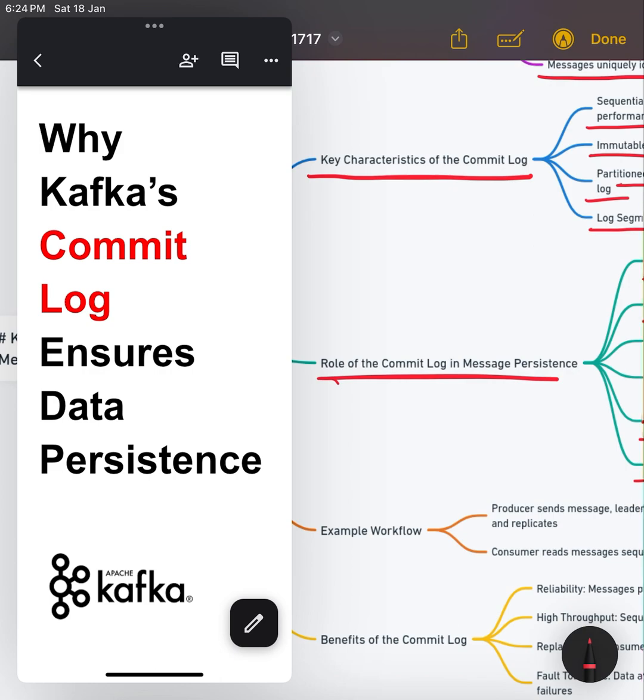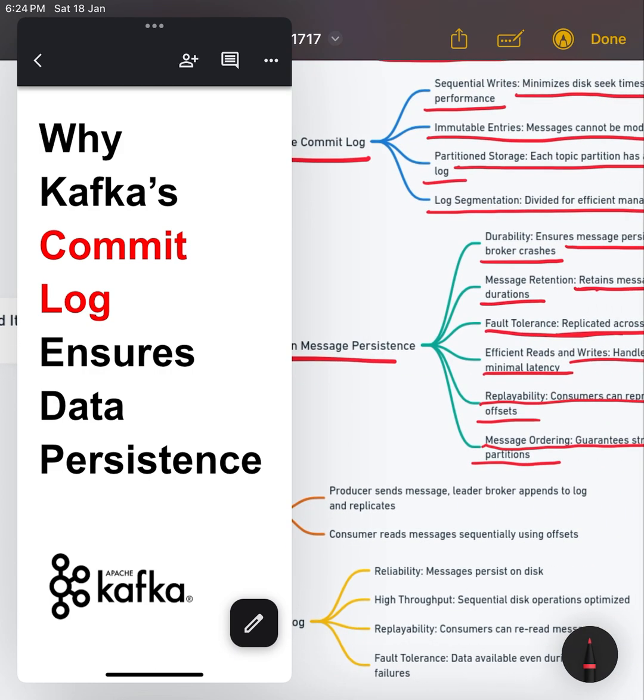1. Producer sends a message to Kafka. The leader broker for the partition appends the